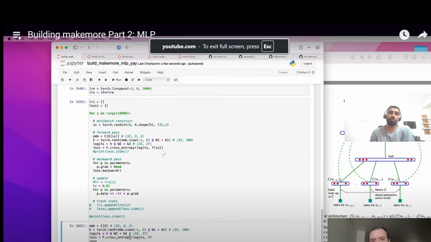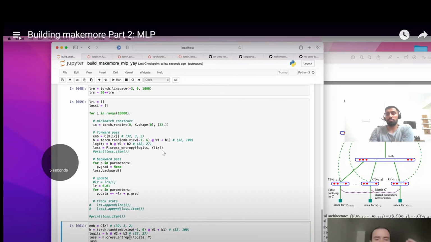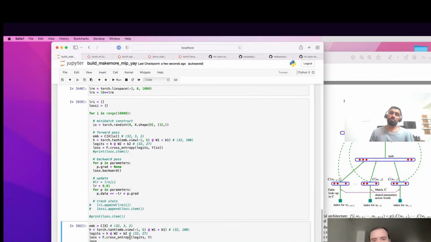Much lower than 2.45 with the bigram model previously. Now that's not exactly true. And the reason that's not true is that